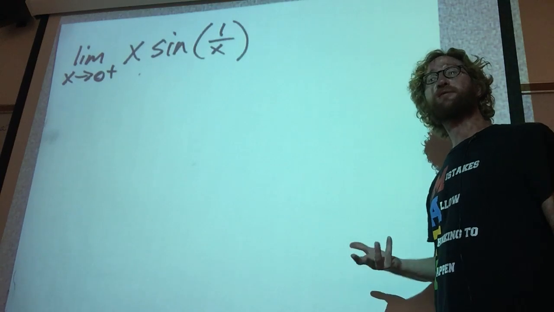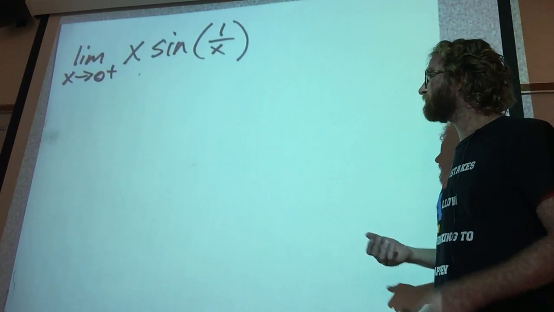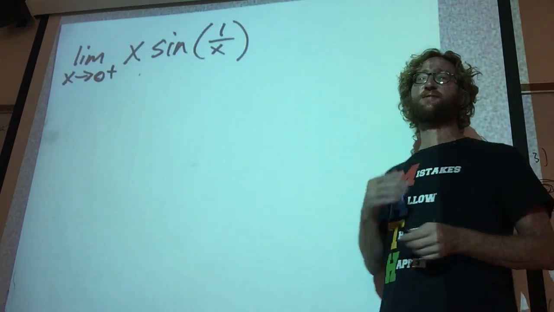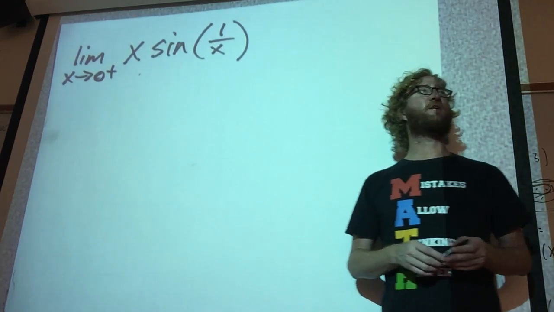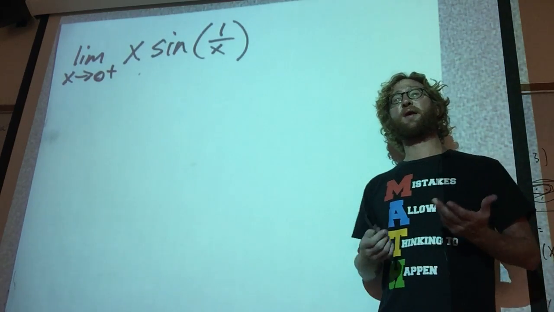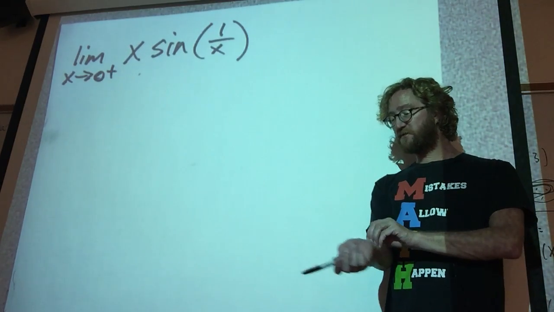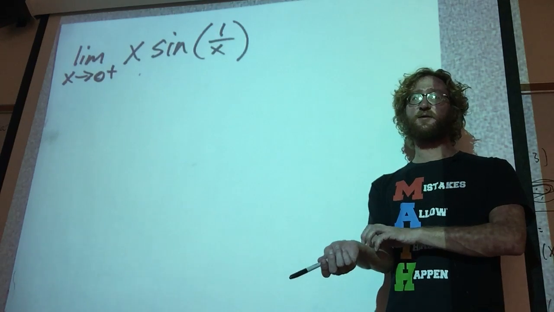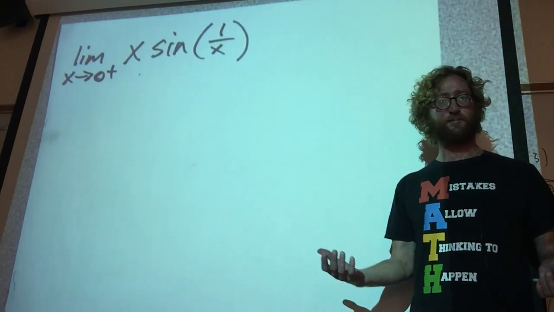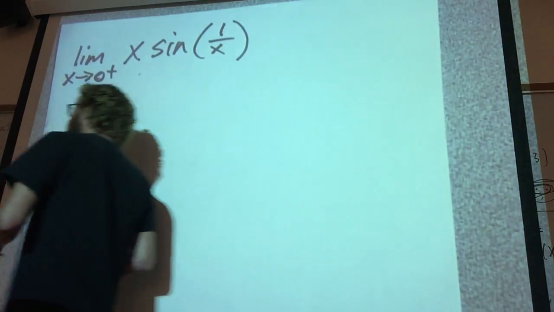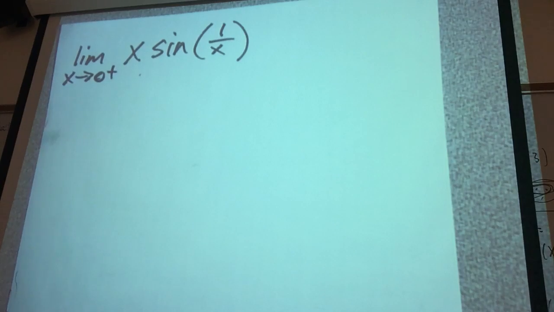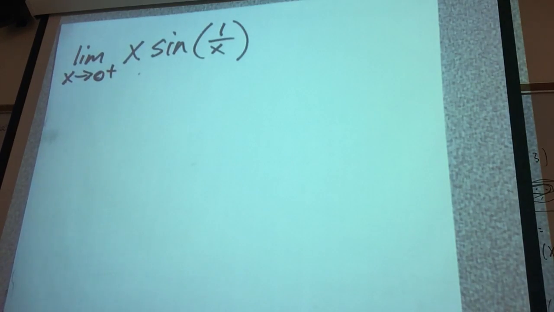But x is tending towards 0. So when using the squeeze theorem, it has a tendency to lend itself towards trigonometric functions. The reason for that is that trigonometric functions, well, sine and cosine, naturally have an inequality that works with them. So if we look at the previous picture,